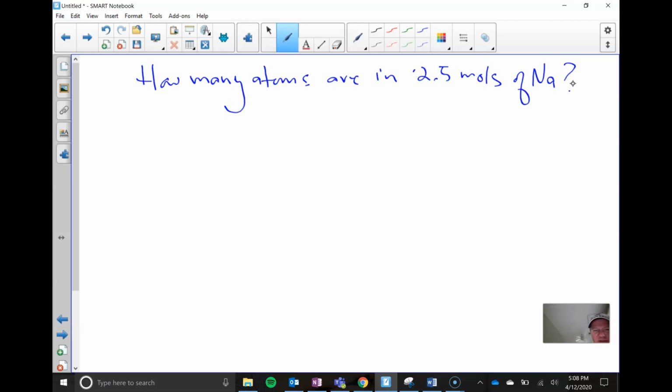Now, the first thing we want to pay attention to is the fact that we're asking about atoms, because atoms is the representative unit of the element sodium. I don't say how many molecules are in 2.5 moles of sodium, because that's an element, and elements have atoms as representative particles. Okay? So this is also where I bring back what I introduced way early in the year,